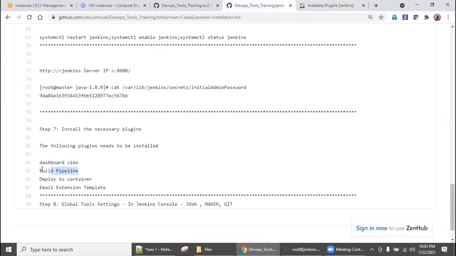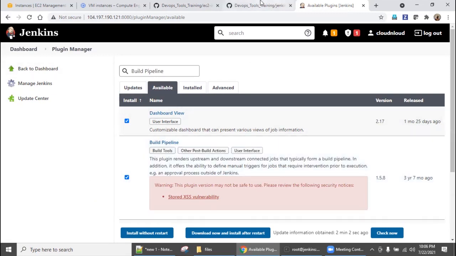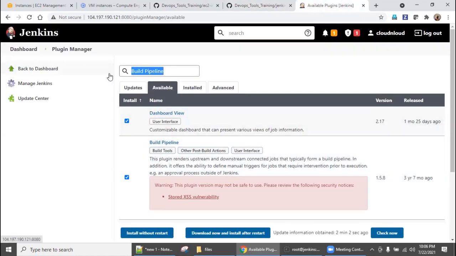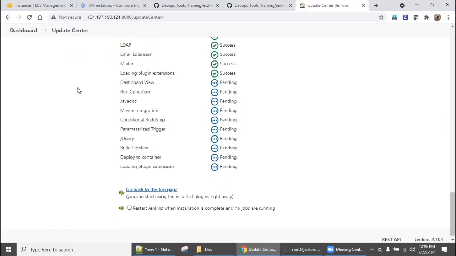And then what is the other one? Build pipeline, yes. We will install it. And Deploy to container, yes. So Deploy to container also we will install. So now we need to configure the global tool configuration: Java home, Maven home, and whether Git is installed or not.